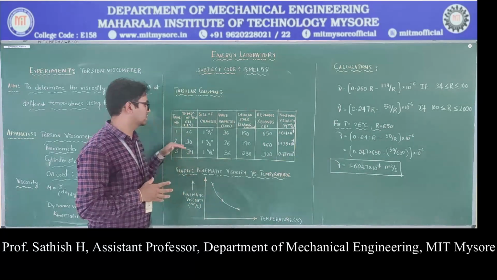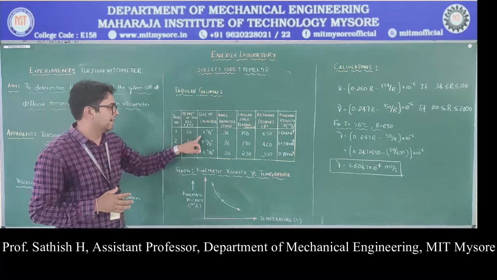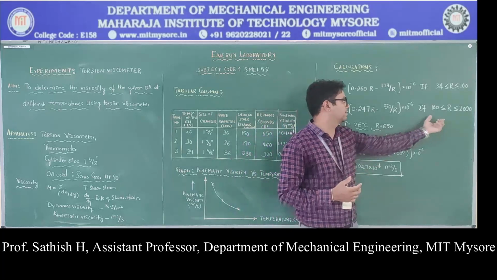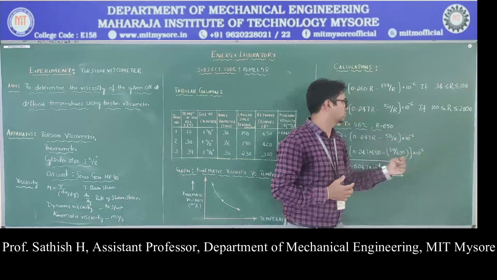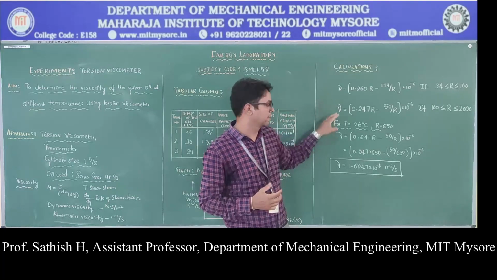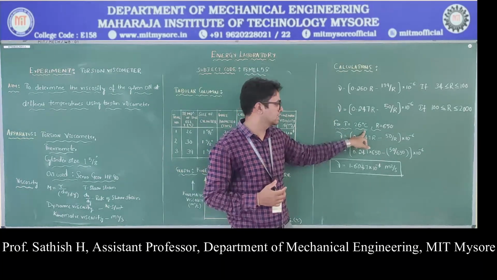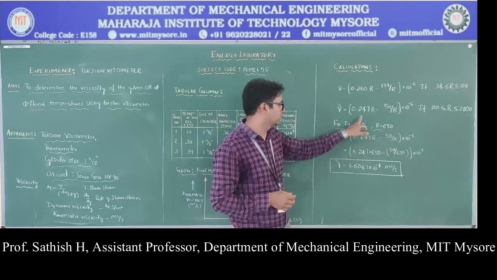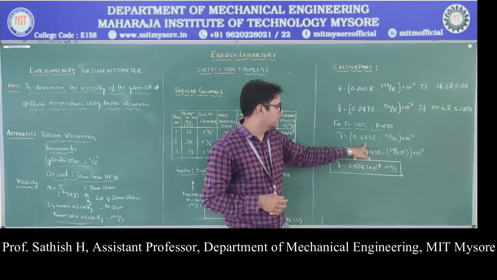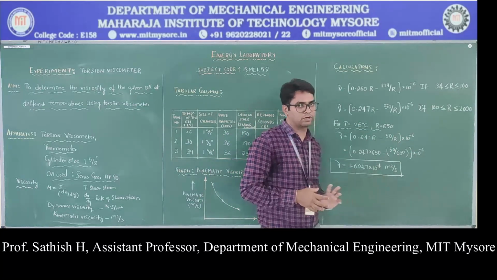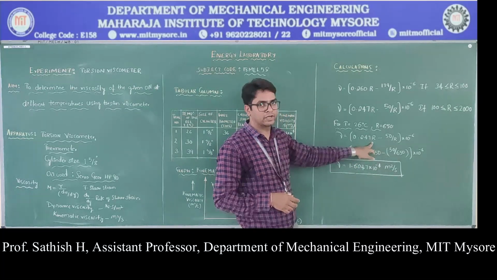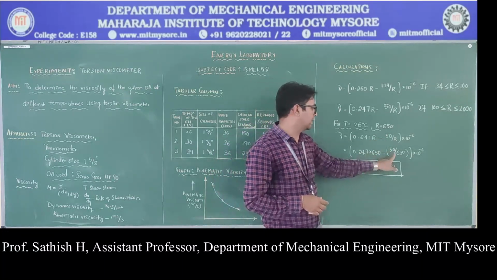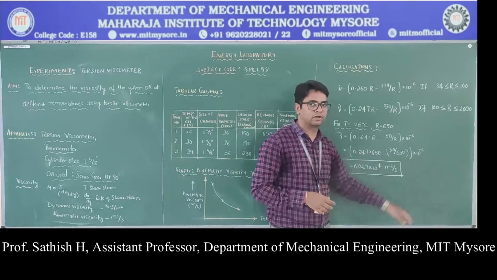So let us take this first trial. We have 26 degrees here, and then we got the Redwood seconds. It is 650. So definitely it is in between this range, 100 and 2000, so we are going to make use of this formula. Here, for T is equal to 26 degrees, and R is equal to 650, that is the Redwood seconds, and then mu is equal to 0.247. I am going to substitute the same thing here into R minus 50 divided by R into 10 to the power of minus 6. Wherever the R is there, we are going to replace that with 650. So 0.247 into 650 minus 50 divided by 650 into 10 to the power of minus 6.